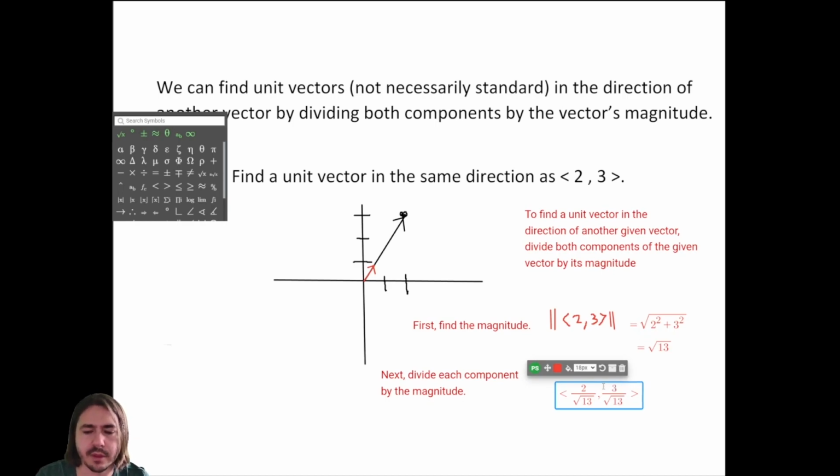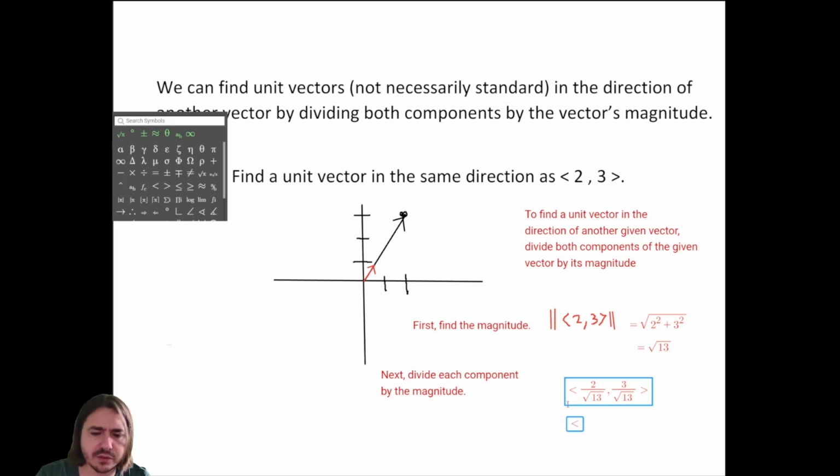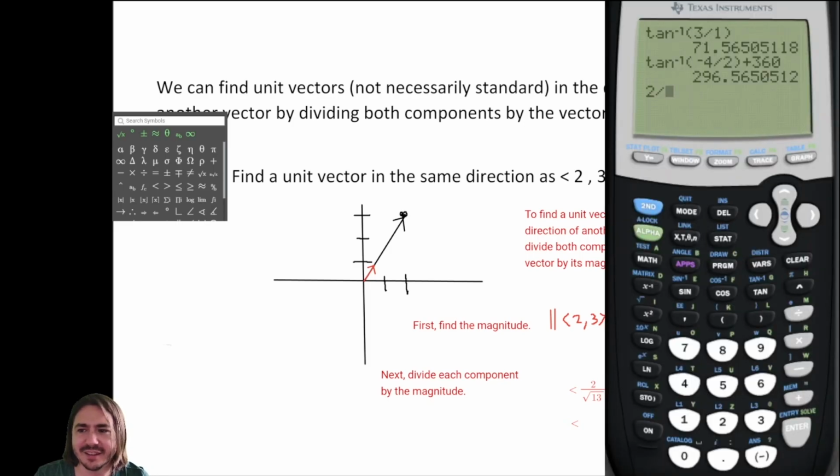And there you go. We could simplify this, but I think more often than not, I'll give it as a rounded number. So let's see what this would be approximately. I'm going to have to pull out the calculator here. I don't happen to know what 2 divided by root 13 is off the top of my head. So 2 divided by root 13